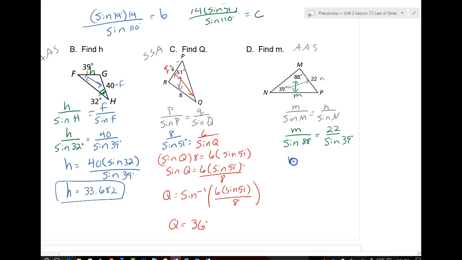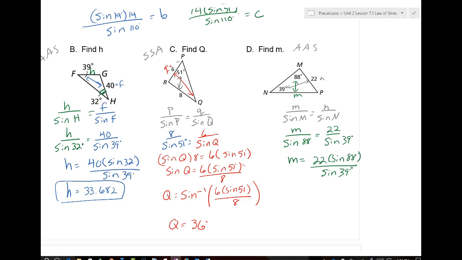Now I have to solve for m, and it's really quick. I just multiply both sides by sine of 88. So I get 22 times the sine of 88 degrees over the sine of 39 degrees. All right, so again, alpha y equals, so you get 22 sine of 88 over sine of 39 degrees equals,